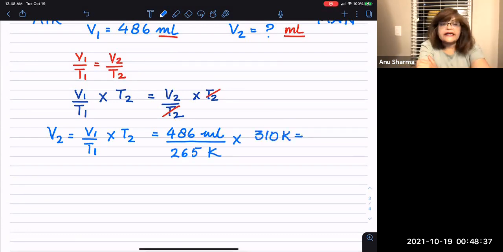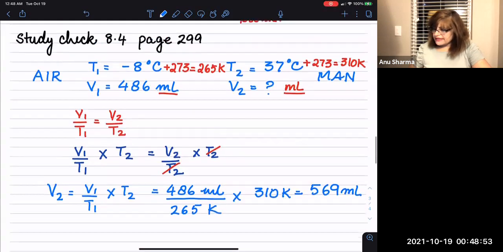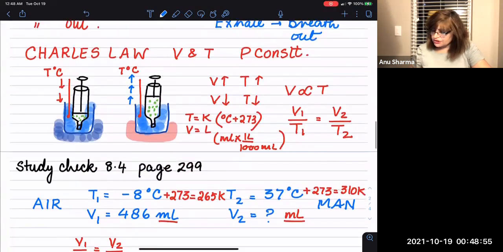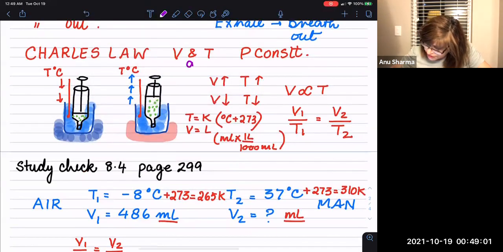Okay, so 486 times 310 divided by 265 is equal to 569 milliliters. Okay, so the important thing here is the conversion. Always convert, let me write it down here. Always convert